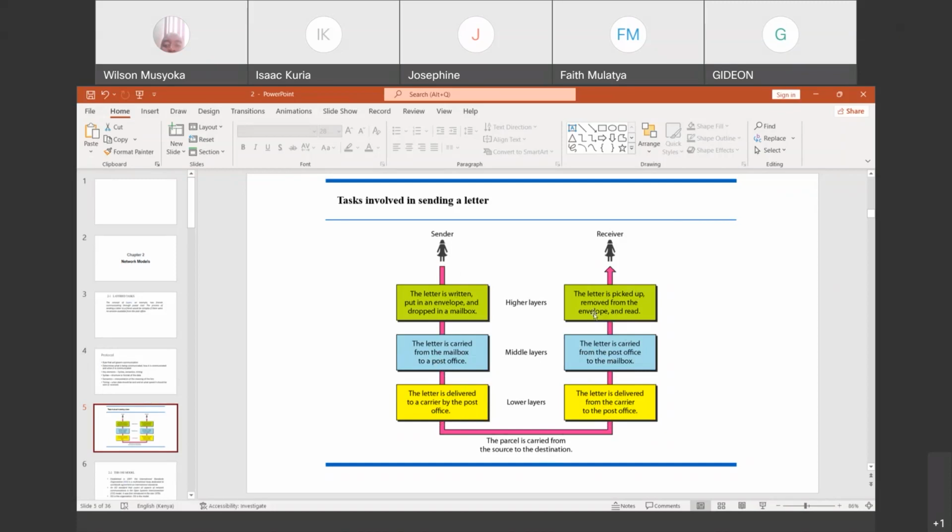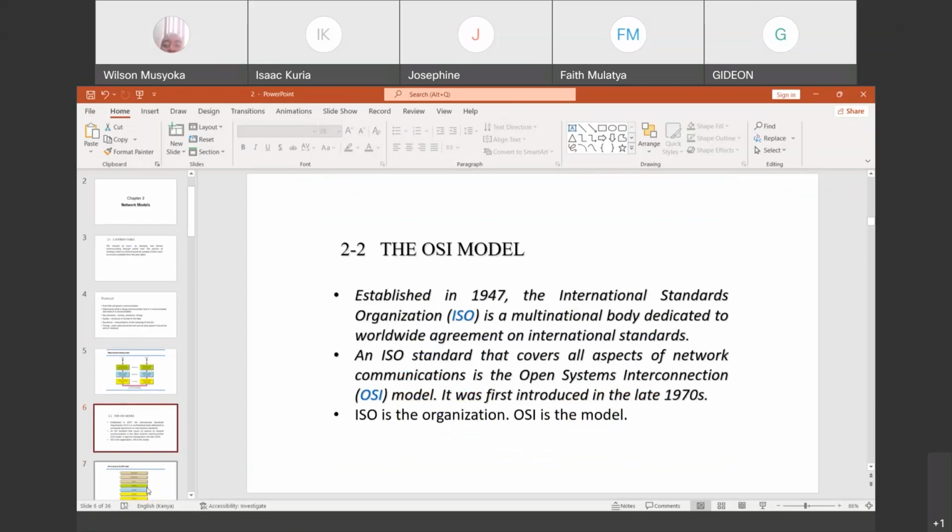So this is the same model that we try to use, or that has been put into use for us to understand how communication can be designed using networks. And this is established through the ISO, International Standards Organization, which was established in 1947. That is when the ISO standard was established.